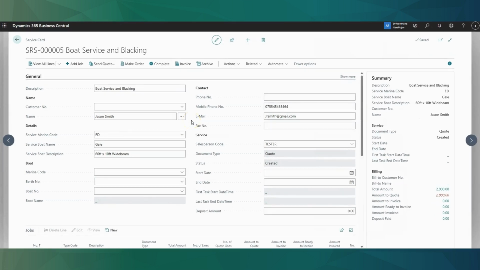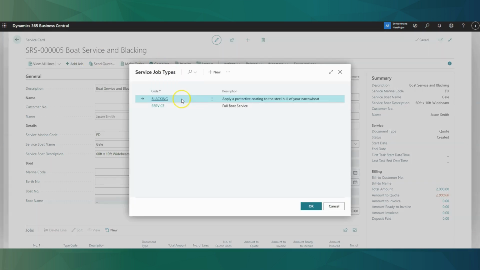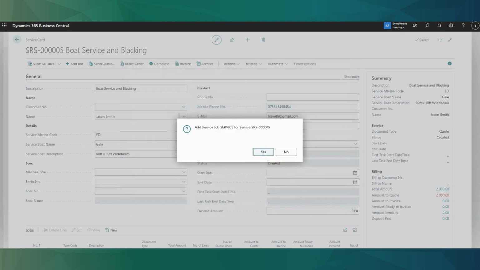We're going to create a service quote for an ad hoc customer. You can see from our ribbon here, we're able to add jobs, and we can select from various service types that we've created. In here we have blacking and service. You can create as many of these types as you need, and behind them you can set individual task checklists, which we'll see shortly. By selecting service,